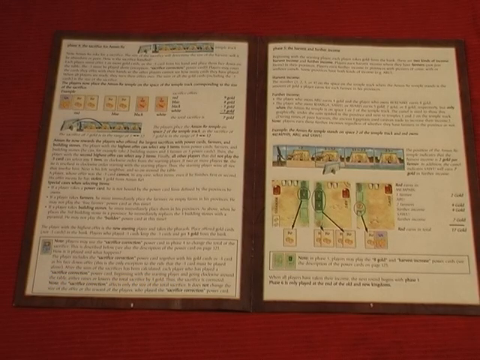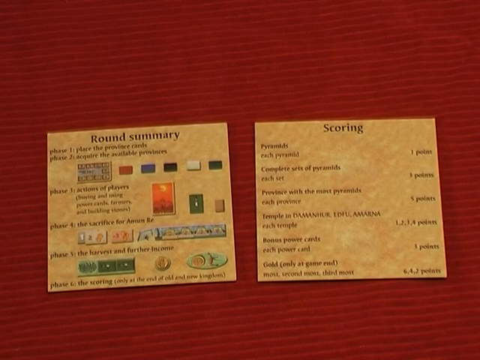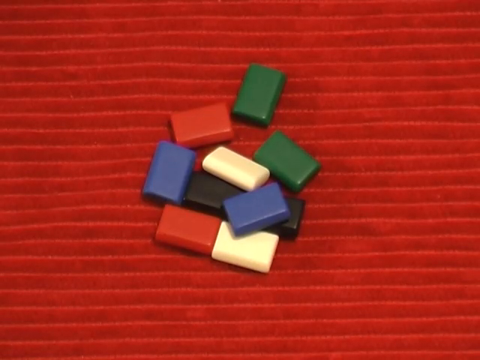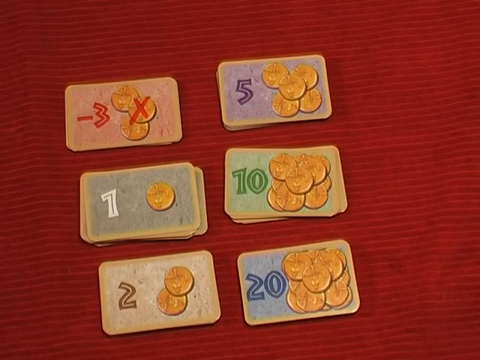You get a colour rule booklet, the main board that includes the scoring track and all of the provinces, summary cards to assist each player during play, province markers for each player used for claiming each player's provinces, bidding markers used during the auction phase of each round and also used for keeping score on the scoring track, pyramid building stones, 3 of these equals a pyramid, single and double pyramids which players can build in their provinces, gold cards used for buying things and also for the sacrifice each round,